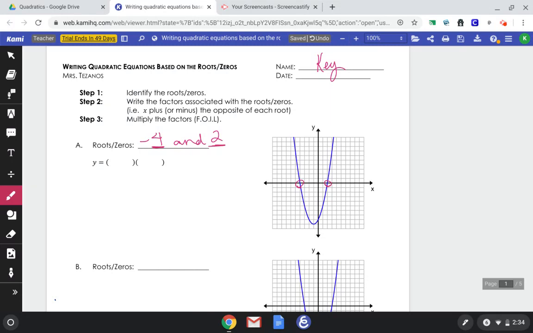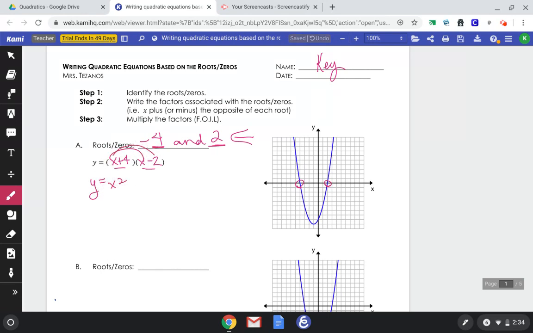So if you had y equals x plus 4 and then x minus 2, these are the two factors that we would have had originally. Then you would set them equal to 0 and you get your roots for your answers. So this is like we're going backwards. First I find my roots, then I think about, if those are my roots, what would the factors have been? Now that we have this written in factored form, now I could FOIL